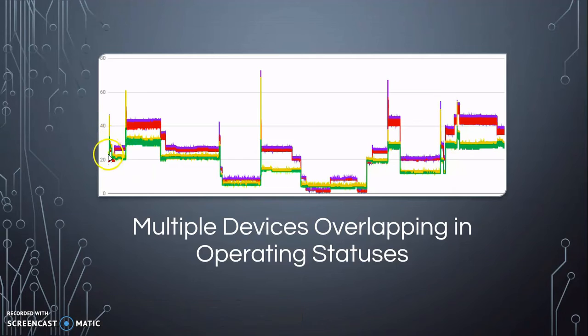So here we've got the well kicks on, and then some other single phase load kicks on here, all the while the water heater is already on. And then the air conditioner kicks on and runs for a while and kicks off. Then the water heater stays running. Then the well kicks back on. And then while the well is on, the water heater kicks off, and then the well kicks off. Then you've got your normal loads, and then the air conditioner kicks on, and so on and so forth throughout the rest of this,